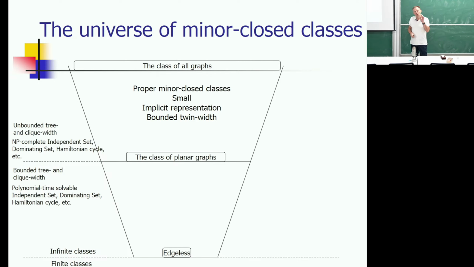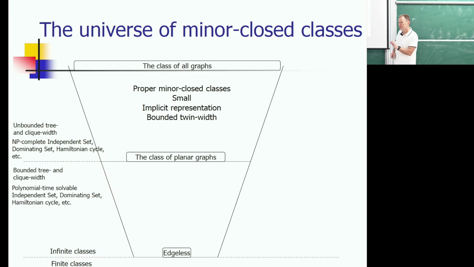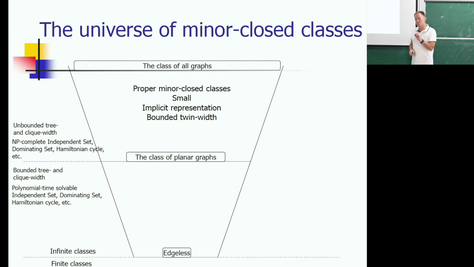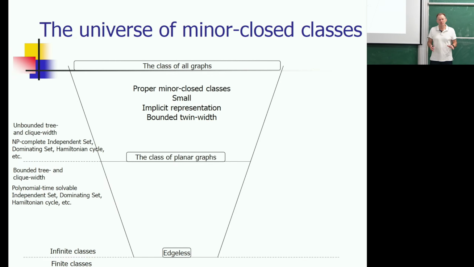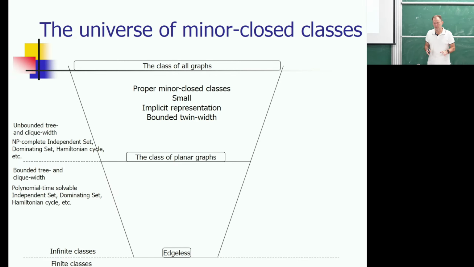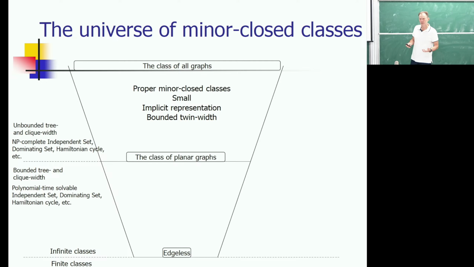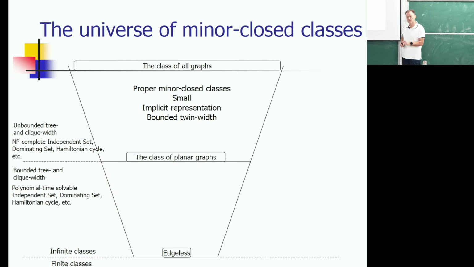Actually, with any graph parameter, we can associate a number of minimal minor closed classes of graphs where this parameter is unbounded. I don't claim that identifying such minimal classes is an easy task, but what I claim is that such classes necessarily exist in the universe of minor closed classes, because the minor relation is a well quasi-order, and therefore there